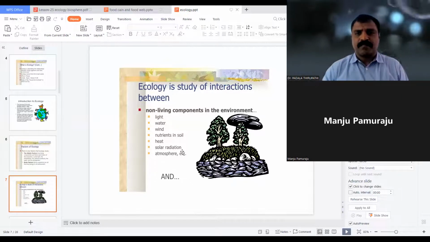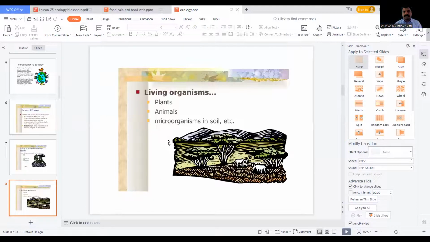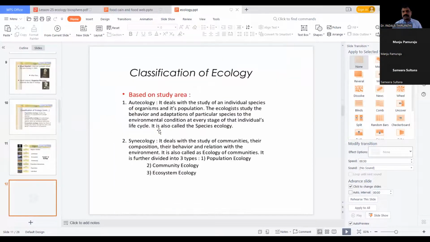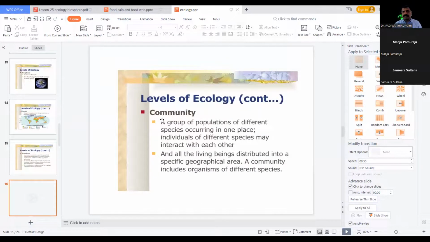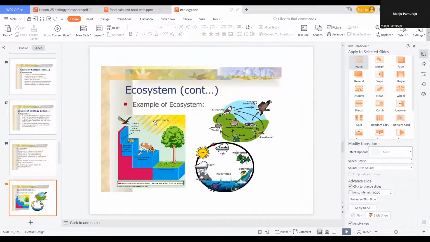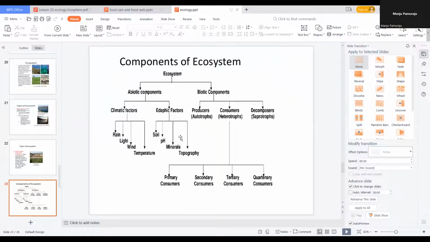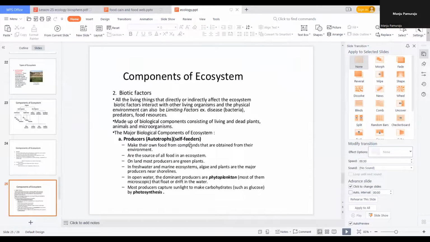Okay, good afternoon, my dear students. In yesterday's class, we discussed the levels of ecosystem and also the types of ecosystem. So today's class, we will discuss the components of ecosystem. Generally, any ecosystem consists of two types of factors, that is living organisms